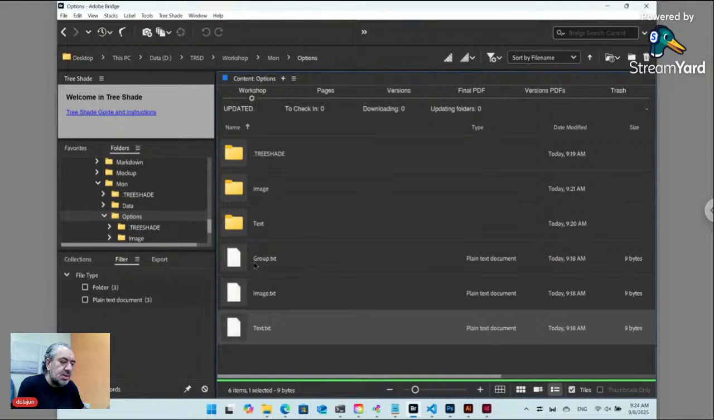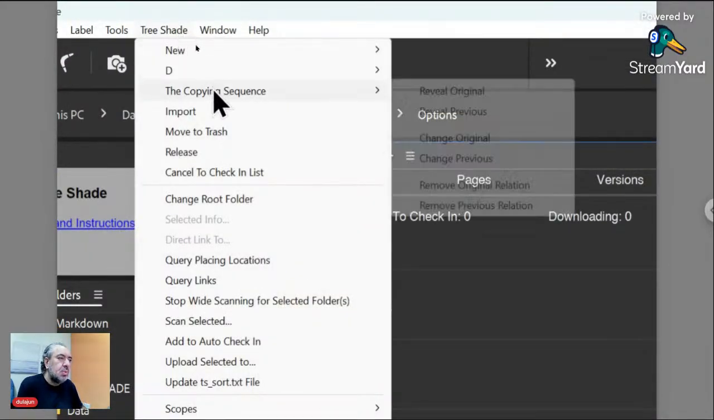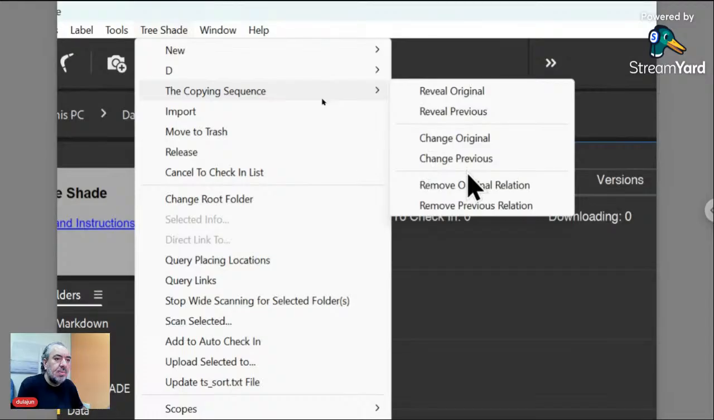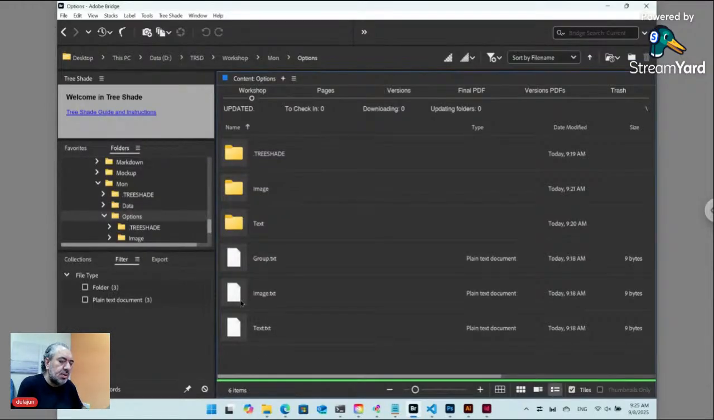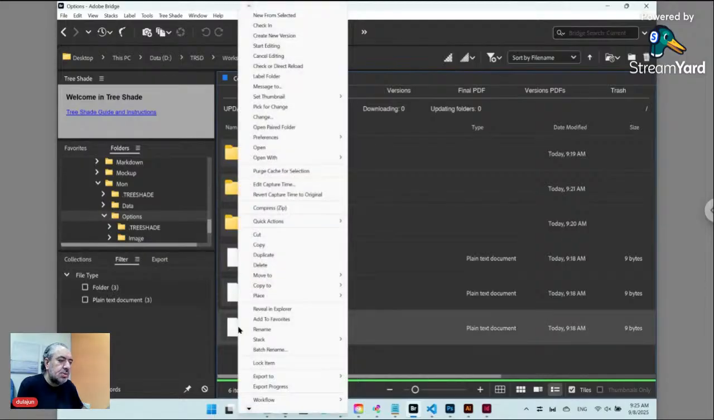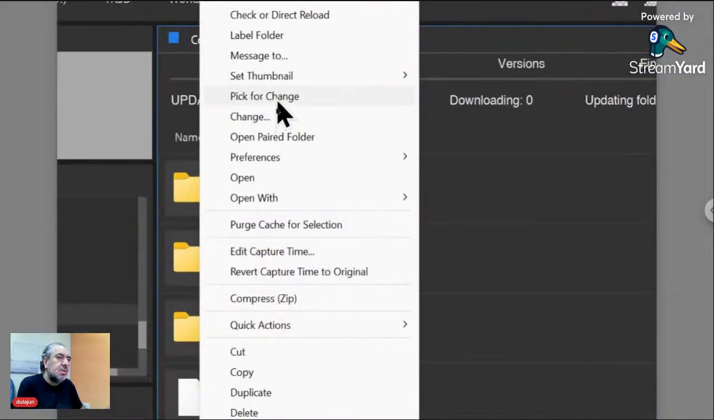So before copying these, I need to reset the original. So from the TreeShade menu, the copying sequence, remove original relation. So when you copy any of these files, it will be the original, not the actual original file, to reset the sequence. So remove original, and now let's copy the text. So right click, pick for change,